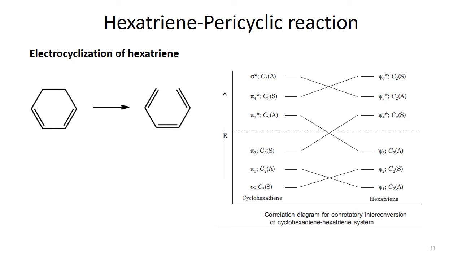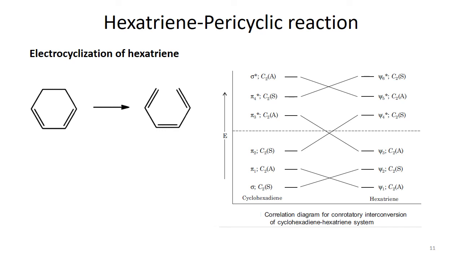Here we have sigma, pi 1, pi 2, pi 3 star, pi 4 star, and sigma star, these orbitals. And for these we are considering the C2 axis of symmetry as the symmetry element here. So this is why I use this diagram here. I really wanted you to see this diagram because of the last rules we discussed in the previous lecture. Basically, in the previous lecture we studied that first we discussed that thing, and then we shall come back to the ring opening reaction of hexadiene.